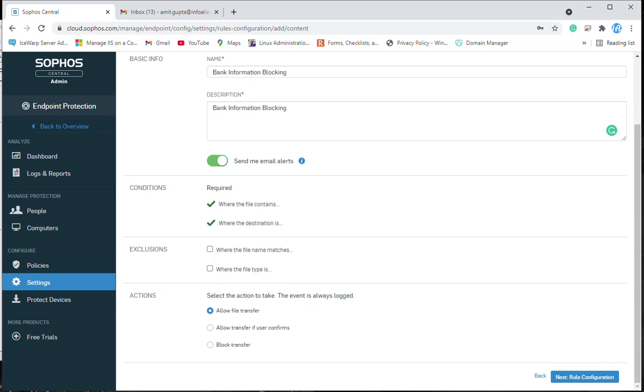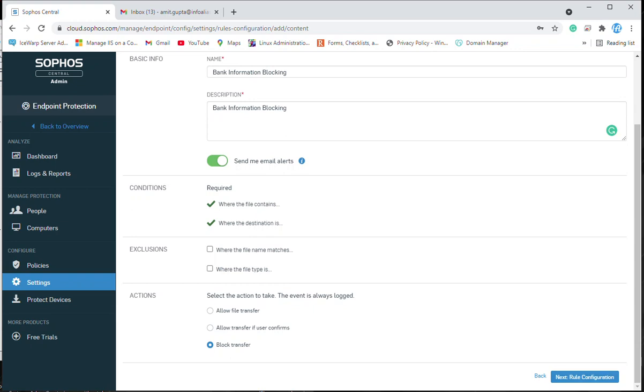So here you need to specify what action would be taken when the condition matches. You can choose allow file transfer, where users can transfer the file even if the condition is matching, or allow transfer if user confirms. We just want to block transfer, so I selected block transfer. If the condition matches, it will be blocked and the user cannot send the data.